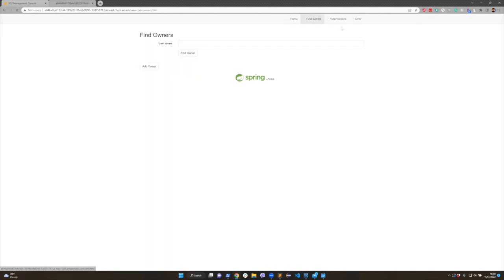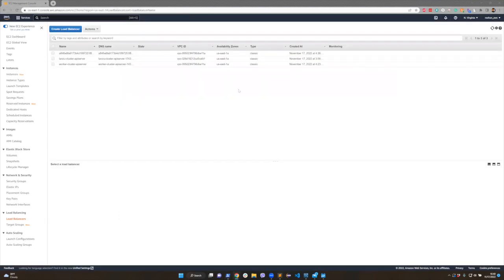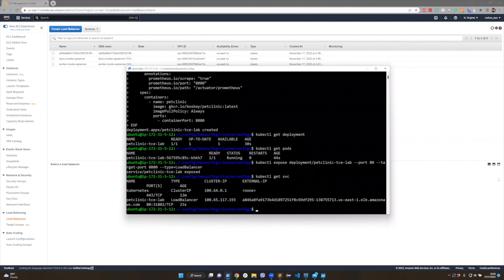There are a lot of interactions that you can do with this, like finding some owners and finding information on veterinarians and stuff like that. Feel free to play around with this application to get some information out of this. This kind of is the end of the example application scenario. And once we've done this, I would simply get rid of this by deleting the service